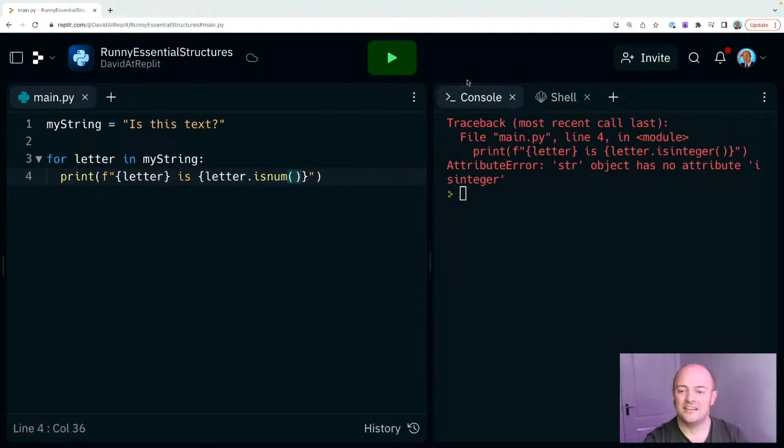The live stream where David just clicks buttons and wonders what it is. Do you know what? I'm just going to look it up. Python is integer. Let's have a look. It's going to be something really simple now. I know it is. Is underscore integer? Maybe. Let's have a look.